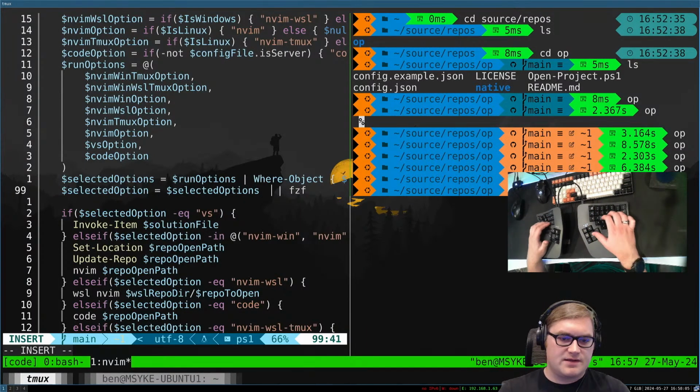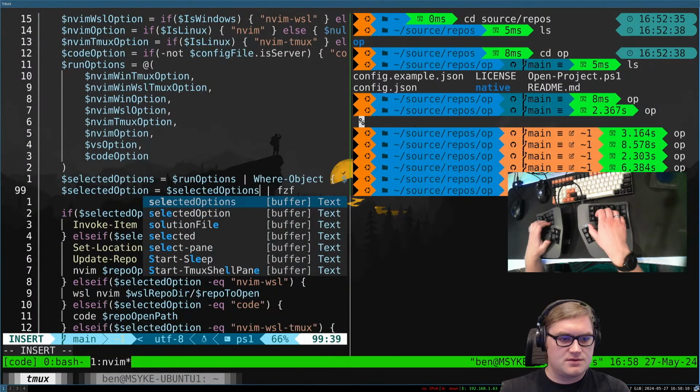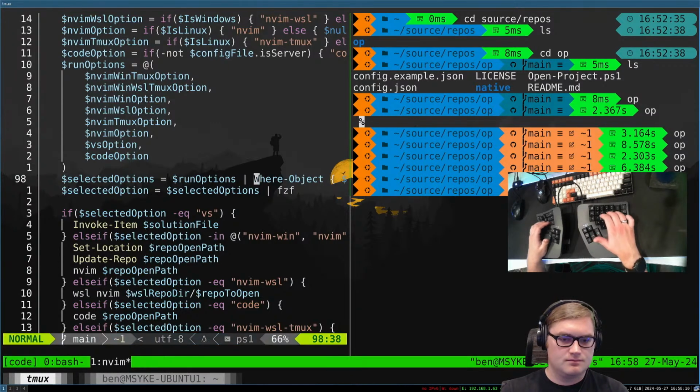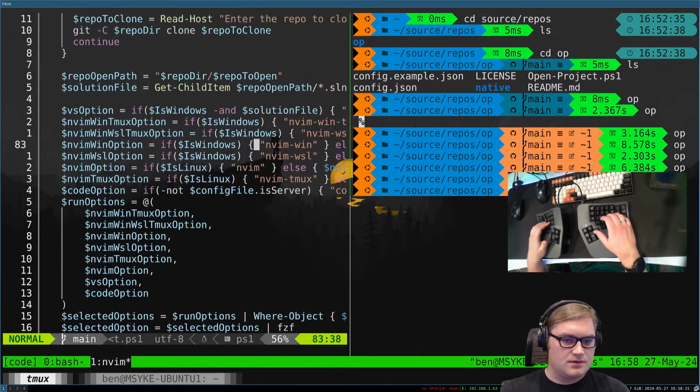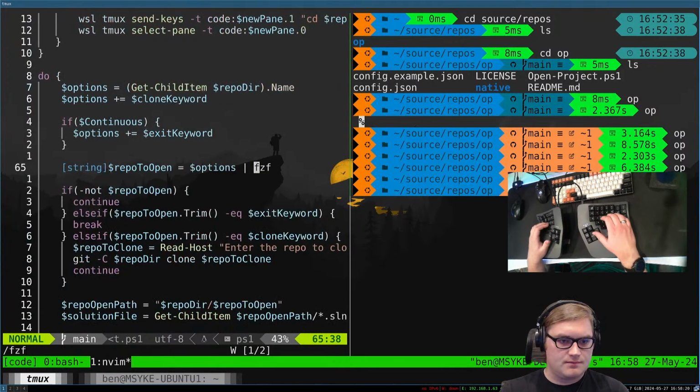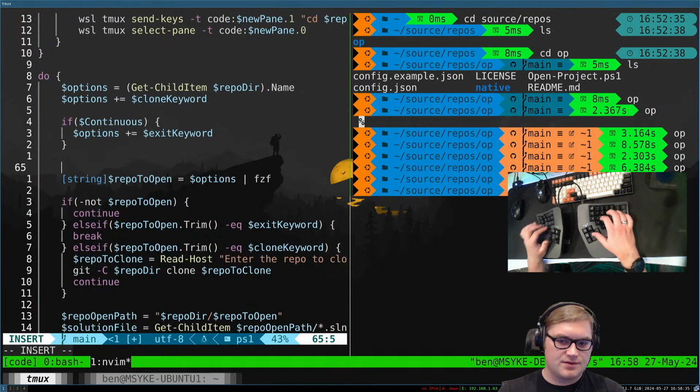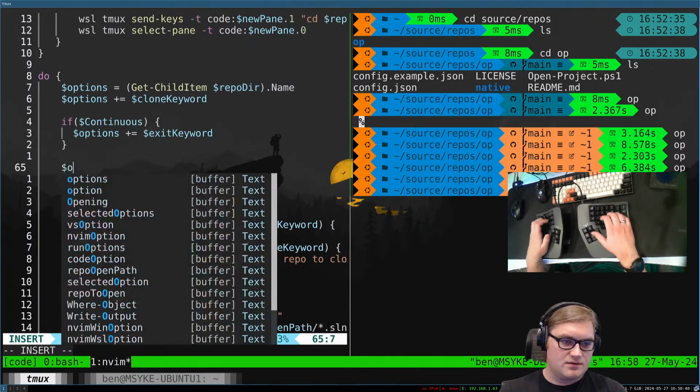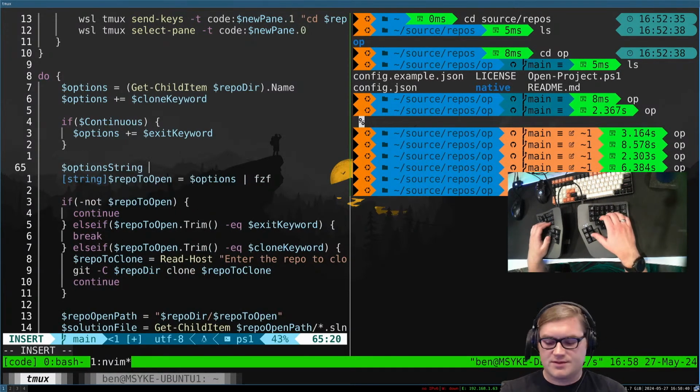Yeah, that's it. That's it. Selected options. Okay. Here's where options plus equals exit keyword, repo to open options. So let's say options string equals